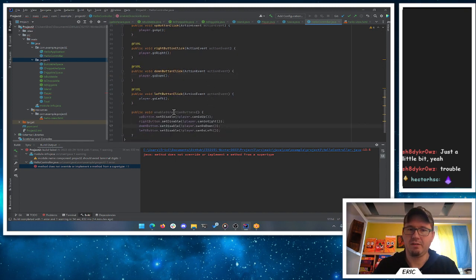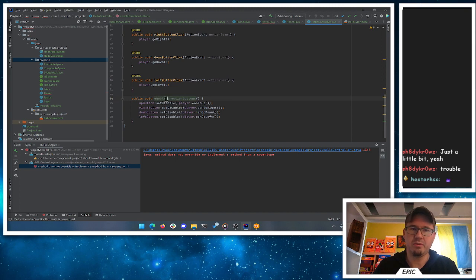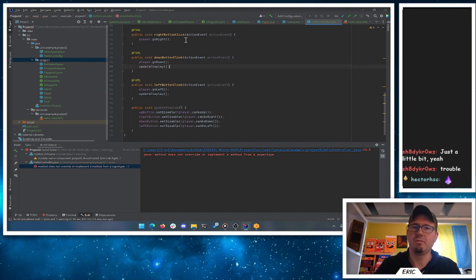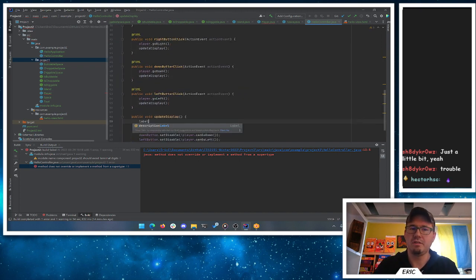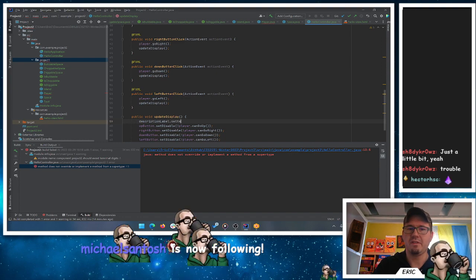And then that's just the buttons here. You know, let's just call this one update here. How about update display? Because we're going to update everything here. Right, so after they move, we need to update the display. So we'll go left, we'll update the display. If they go right or down, we'll update the display. All that good stuff. And then the other thing we're going to do is take our description label. We're going to set the text